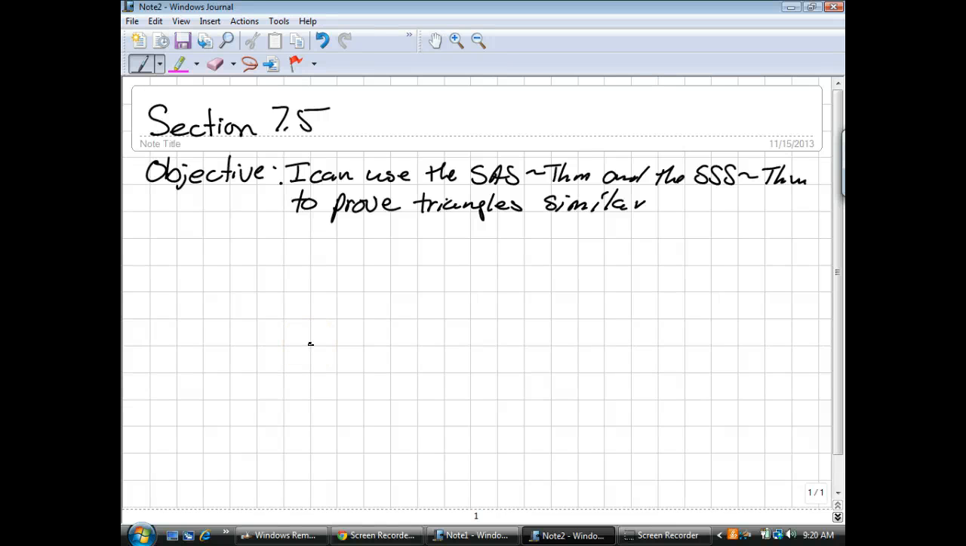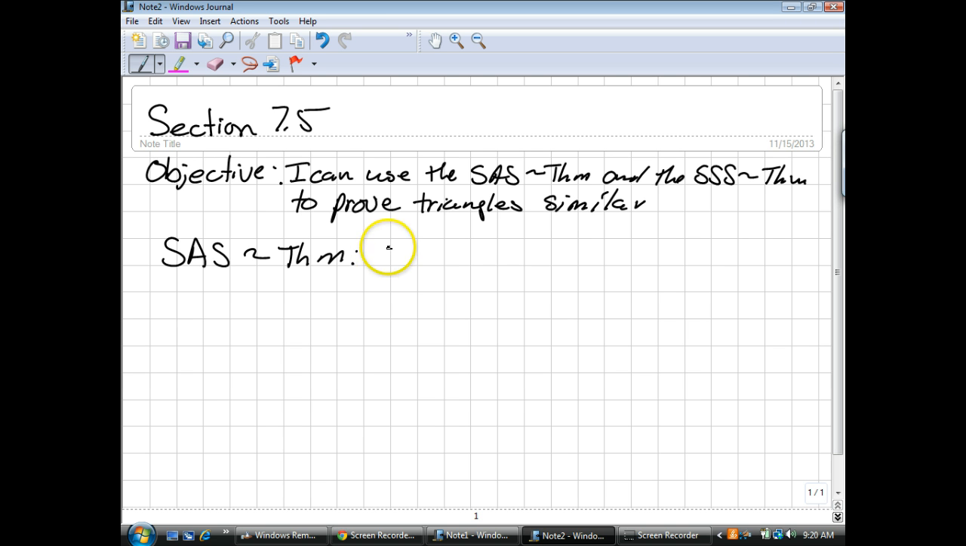Section 7.5. Our objective today is I can use the side-angle-side similarity theorem and the side-side-side similarity theorem to prove triangles similar. Alright, so first of all, the side-angle-side similarity theorem